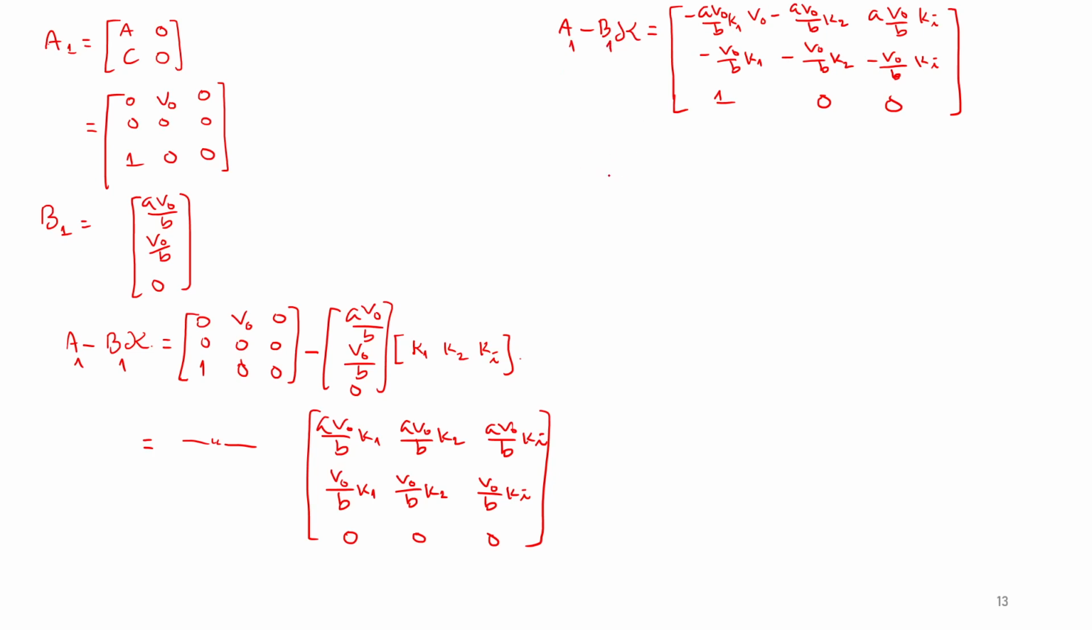What you can do next is find the eigenvalue by definition. Now let's call this A2. So by definition, lambda I minus A2. Okay, to find the characteristic equation, you use the determinant of this equal to 0, right? And then lambda I minus this, you have what? You have lambda plus A V0 over B K1, and this one